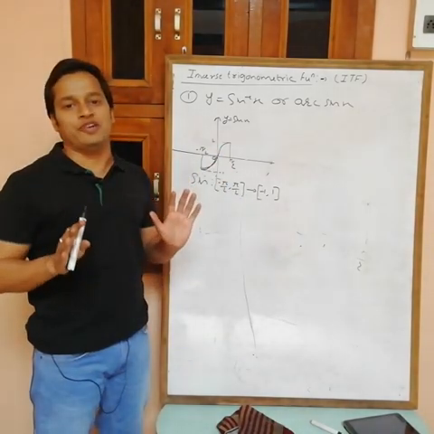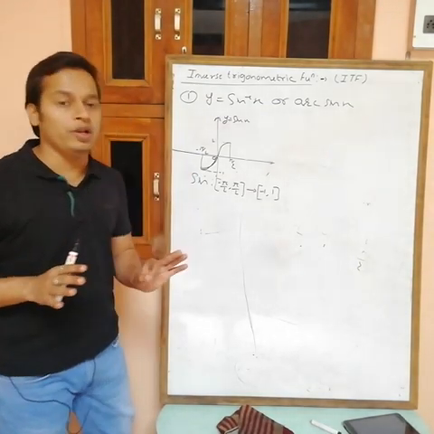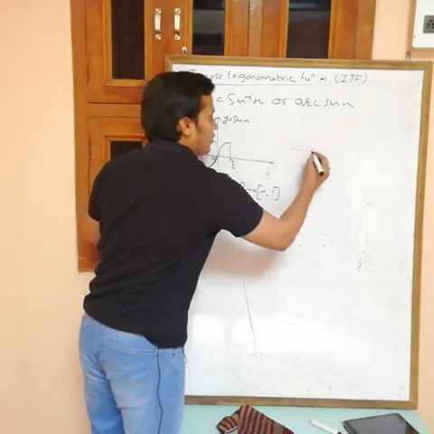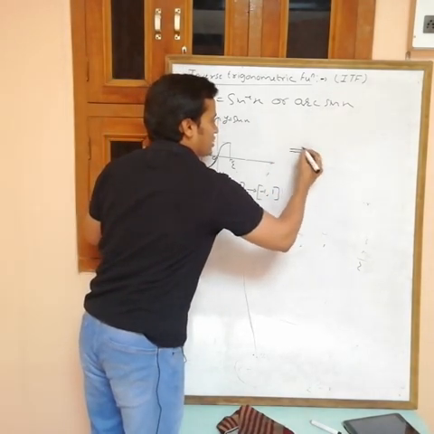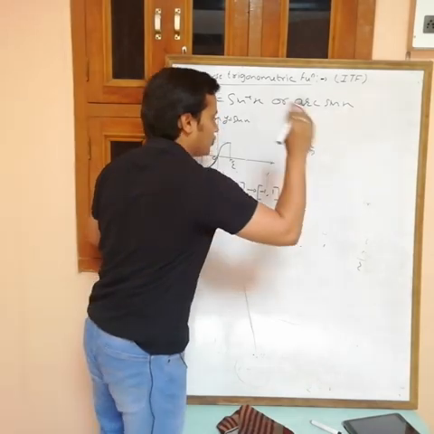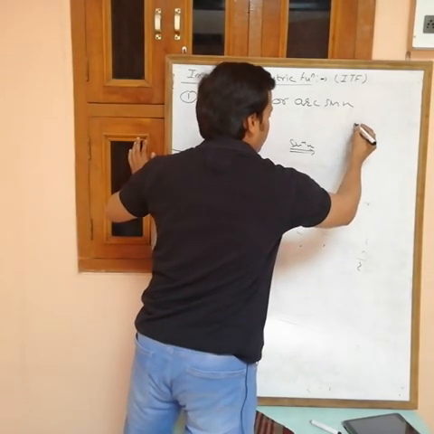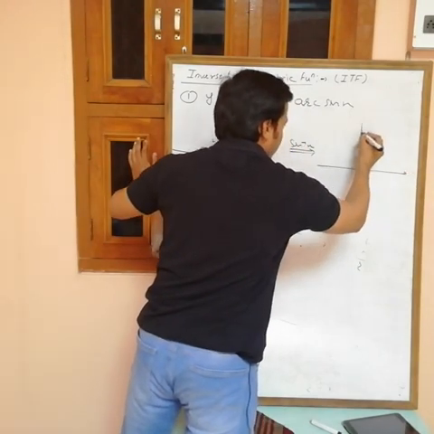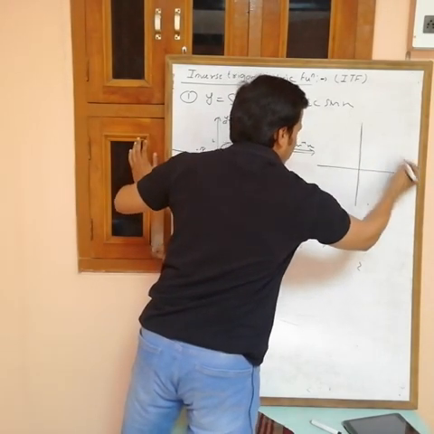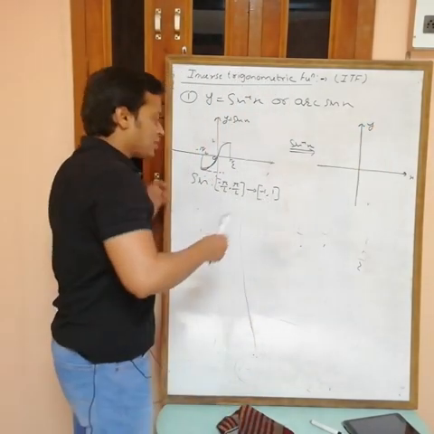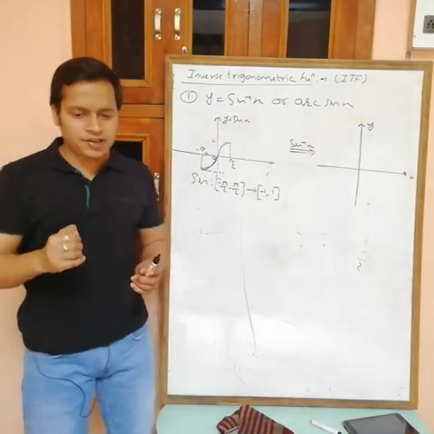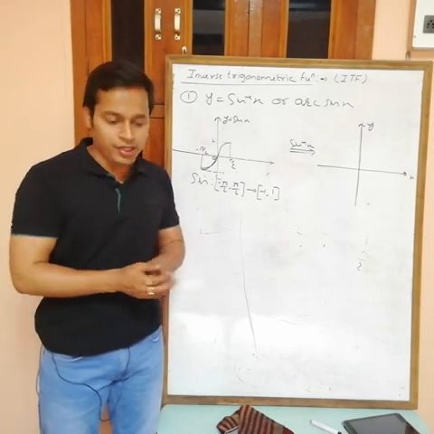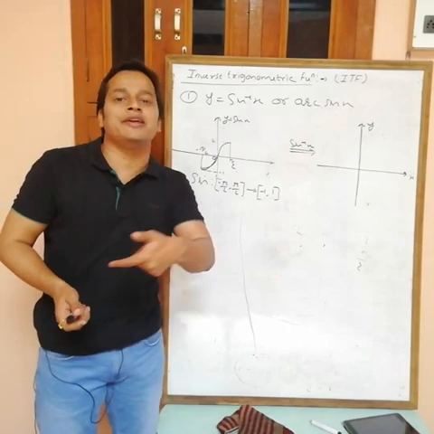Now the inverse can be defined. Remember, inverse is only defined if the function is one-one and onto. Now I can find the inverse. See, now what do we want? We want sine inverse. So how to draw the sine inverse? Also remember one thing, this is the x axis, this is the y axis. We know that if a function f is from A to B, then the inverse of this becomes B to A.